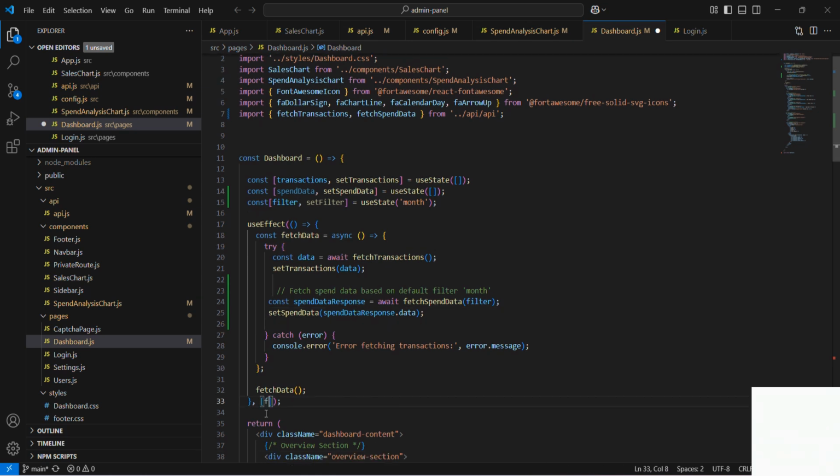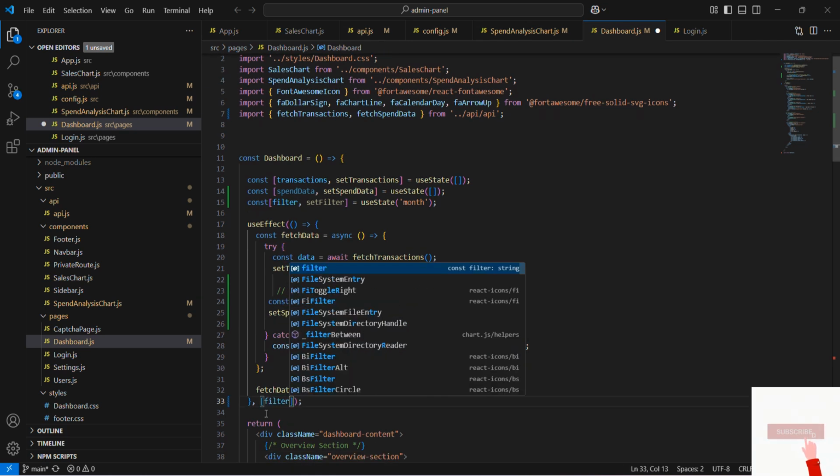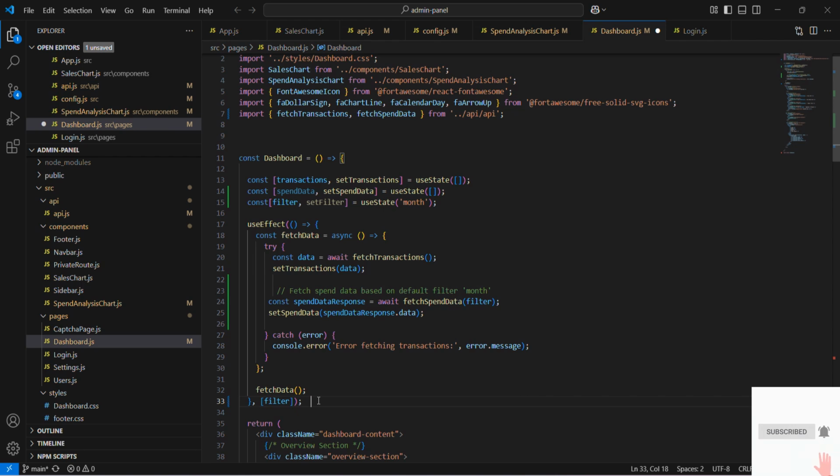And here's the cool part. We have added filter as a dependency to the useEffect, so that, whenever the user changes the dropdown inside our spend analysis chart, this hook will automatically refetch updated data for the selected time range.